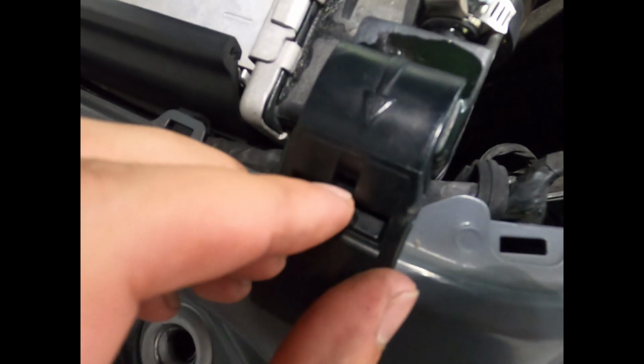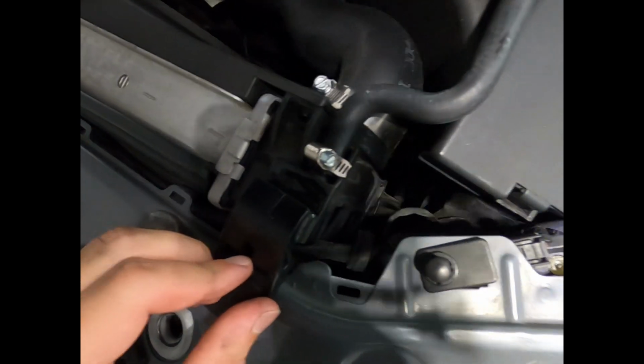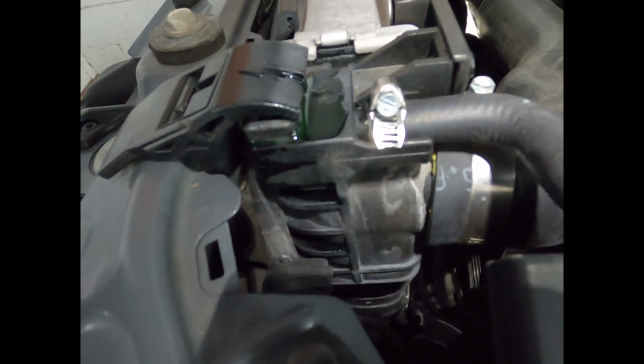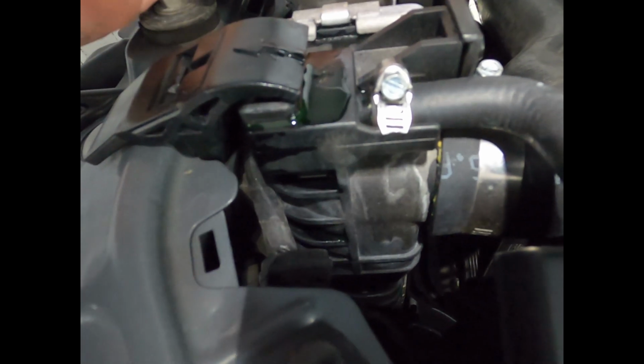And right here, which lighting is fantastic, but right here there's a spot. I don't know if it looks like a crack or rub mark, but that's where the coolant's been leaking from, which I haven't been driven this vehicle. Well, I've driven it a few times, like 3 times, for a short little around the blocks, so I'm not too worried about it. It didn't make too much of a mess,